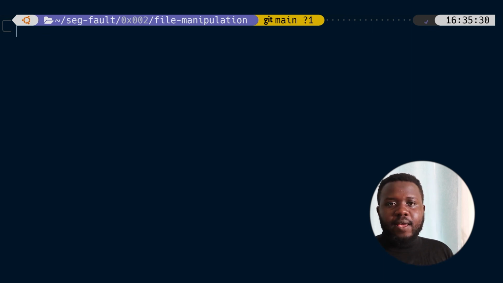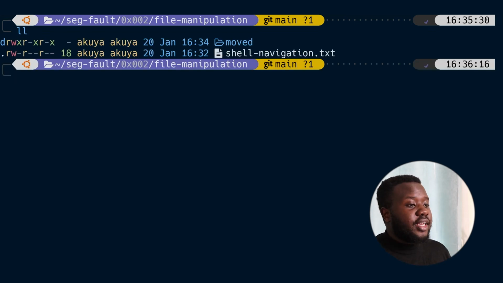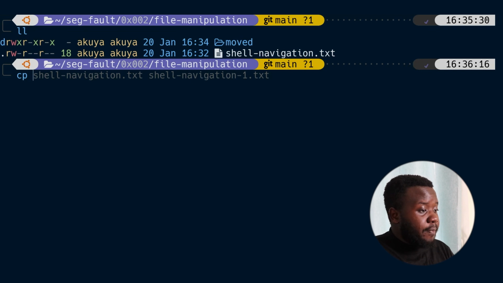So let's go into the next option, and we want to copy. Let's say we want to copy files, and we want to create a copy of our existing files. So that's going to be easy. Again, we look at the contents of our working directory. We do have a file called shellnavigation.txt. So let's say we want to copy that file,